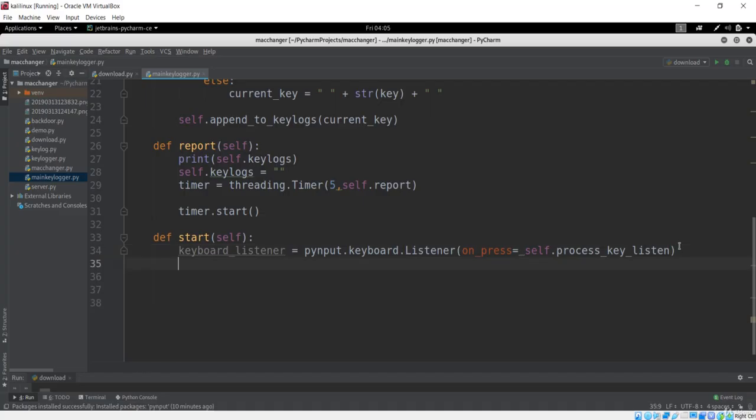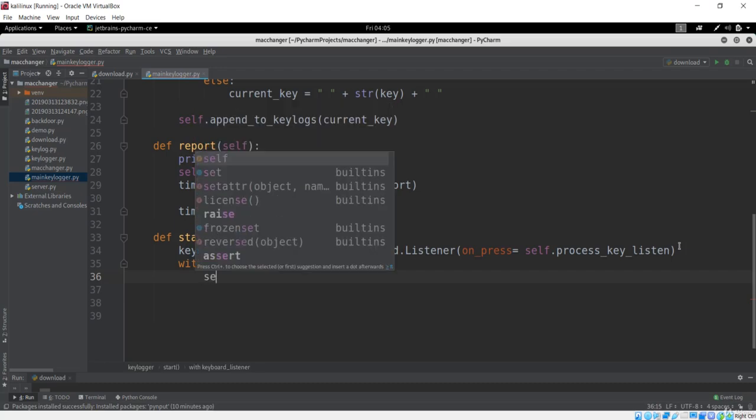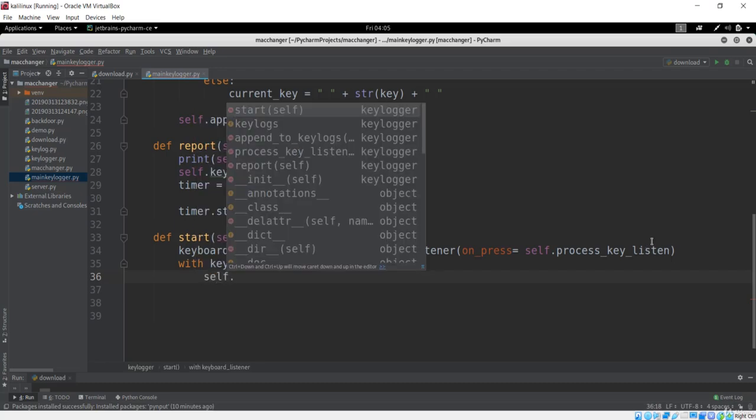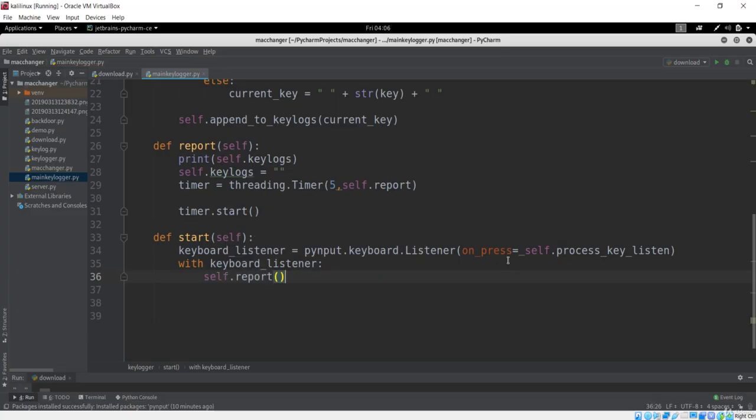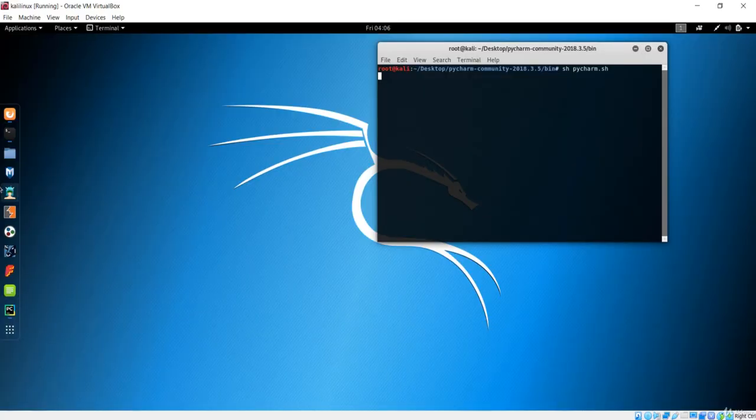The next thing I want to do is use this key listener, or keyboard listener, and with this keyboard listener I want to call some of the methods. If there is a key listener, I want to first call the report, which is basically giving every piece of information about that key. Next, I want to make this join, because you can see this join method is in the documentation of pynput.